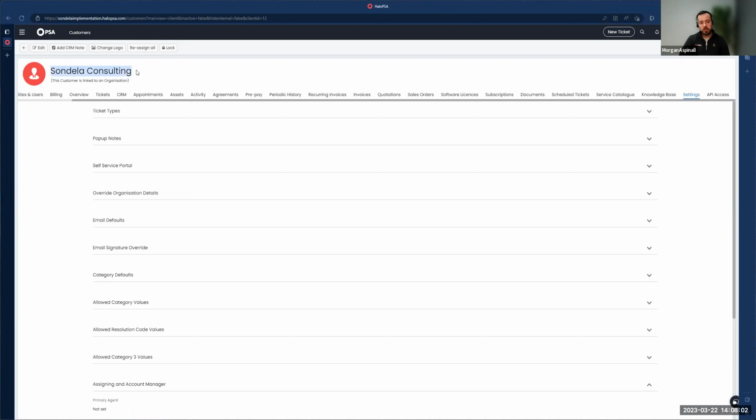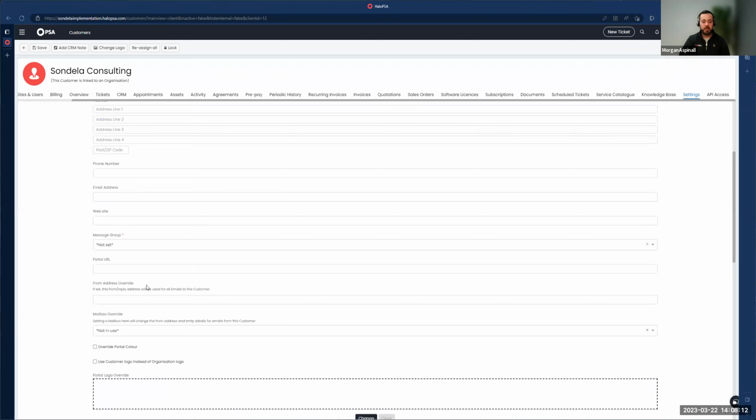Against each customer record, we have the ability to override our organization details, at which point in here, I can change options such as the default from address. So again, if you're sending emails from different domains, you can pick the domain that the email is sent from, provided the mailbox is connected in Halo, and you can have that sent out on a per customer basis. And then just above that, we have our message group. So we can set